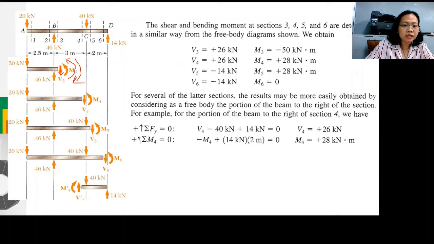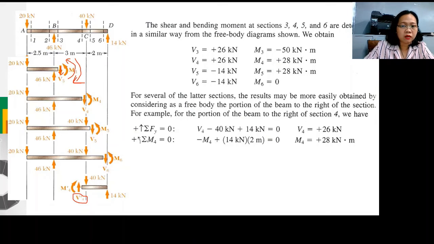at point 6, 0 na ang moment, and your shear is equal to negative 14. So, kani siya is equal to negative 6. Pareho, equivalent na niyang value ani, and at point